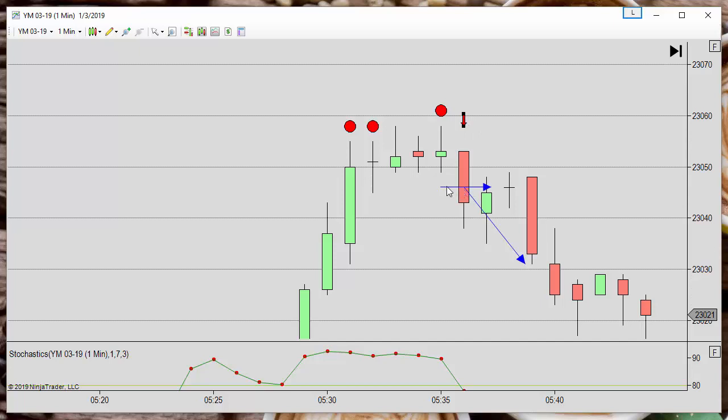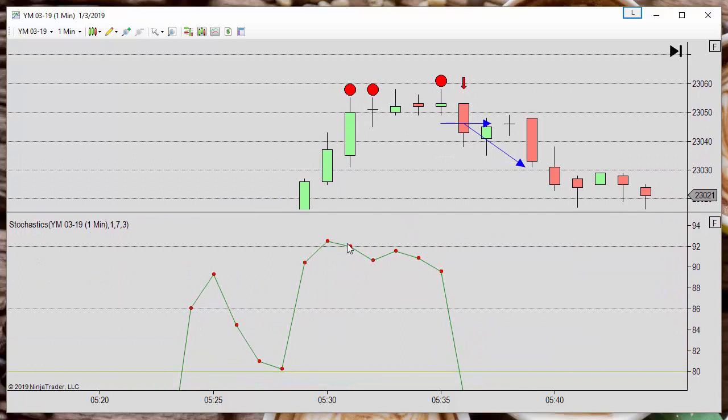This arrow painted by the reversal is painted at the exact moment the price is touching, so we get an entry near this area. The indicator also paints dark dots when the bar is painting. So even if the bar is not finished, let's say we are painting this bar, while the price is going up and down, this key line is also moving up and down, so sometimes the slope is positive, so the dot is removed, and sometimes it is negative, so we get a dark dot painted.